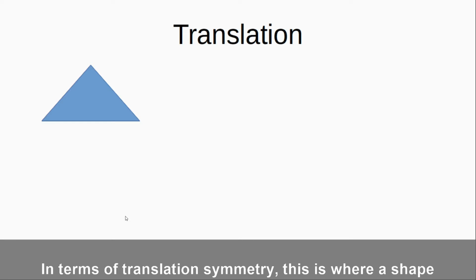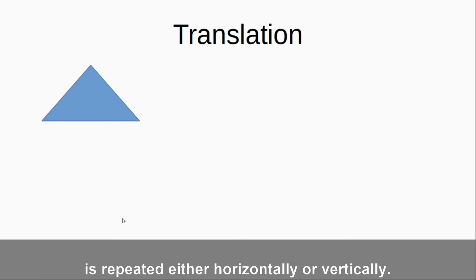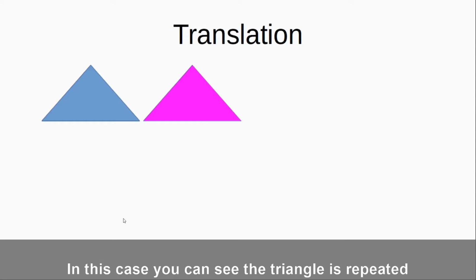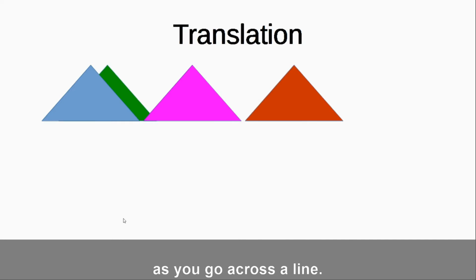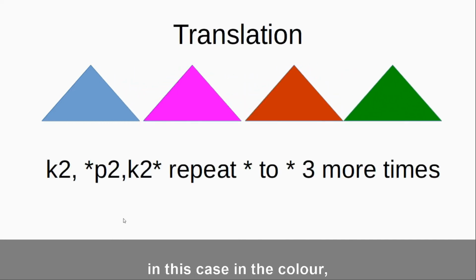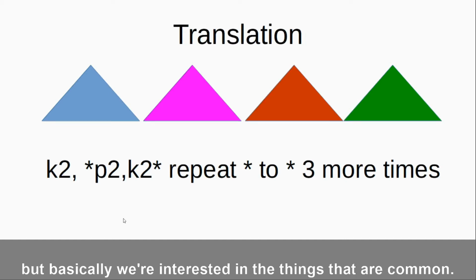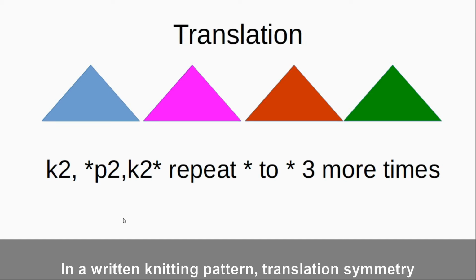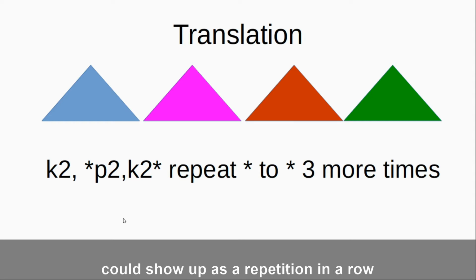In terms of translation symmetry, this is where your shape is repeated either horizontally or vertically. In this case, you can see a triangle is repeated as you go across a line. You might see minor variations, in this case they're the colour, but basically we're interested in the things that are in common. In a written knitting pattern, a translation symmetry could show up as a repetition in a row,